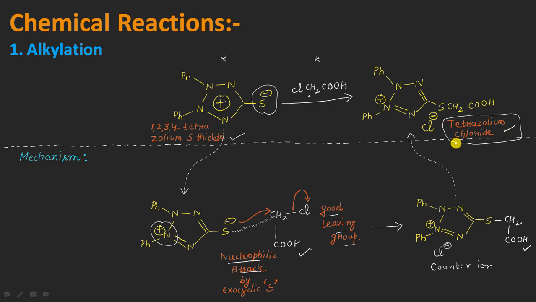Okay, the only thing to understand here is why the sulfur negative is not attacking the carbonyl of the carboxylic acid, because we know that the carboxylic acid also contains a C double bond O and OH here, right? So we do have one electrophilic center here. So instead of attacking the carbonyl of the COOH group, it is attacking this CH2, sending the chlorine negative out of the system. So why is it not giving this type of reaction? The answer is quite simple: the oxygen lone pairs of this hydroxyl group are present in electron releasing type of resonance in this way, right?